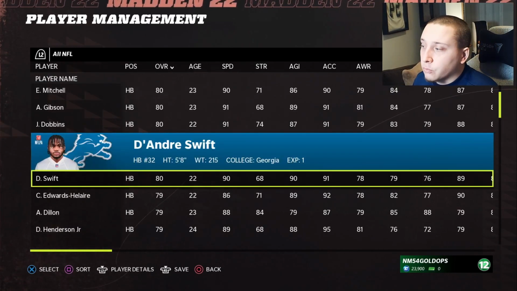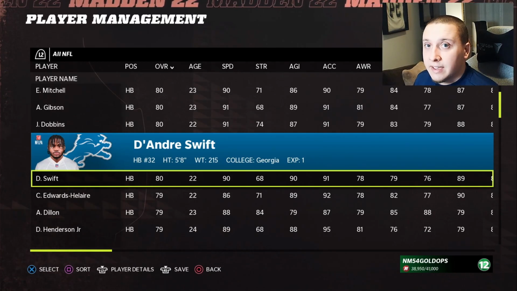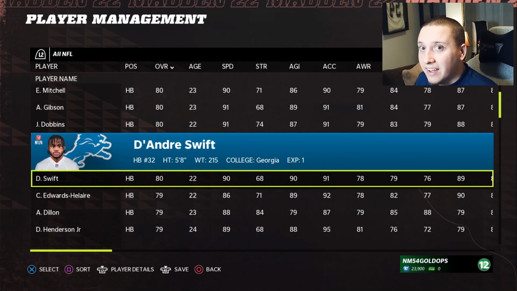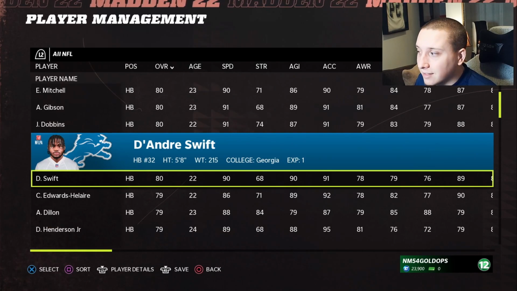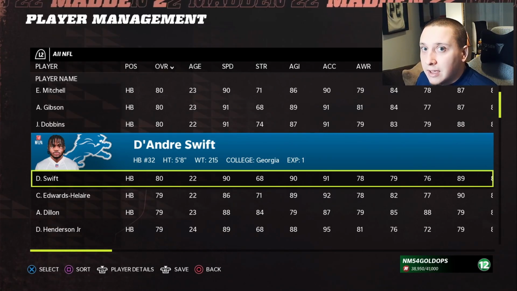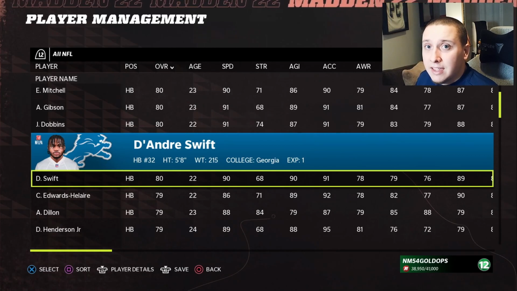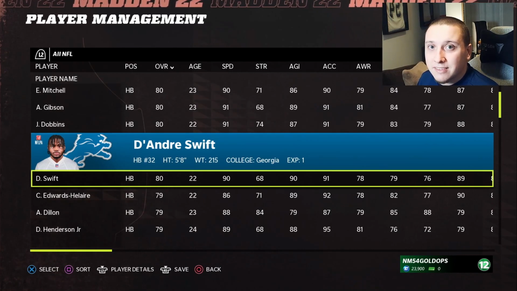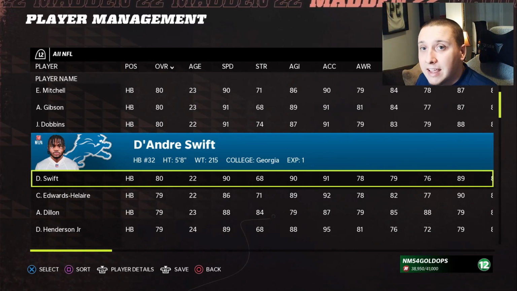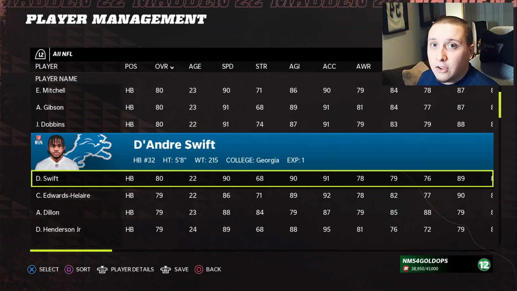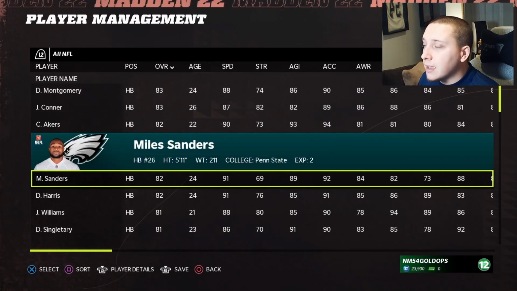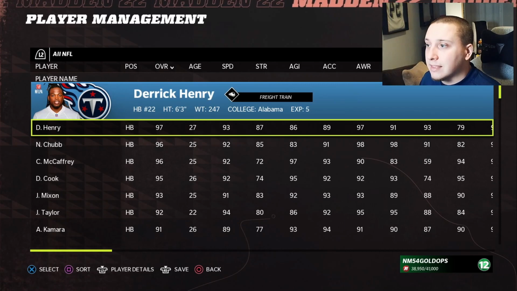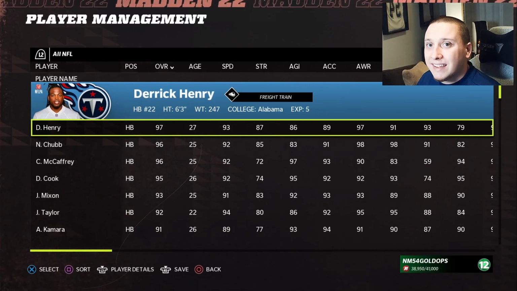Whenever we take a look at running backs within the roster, for example, there are 33 running backs that are above an 80 overall. That's more than the number of starting running backs in the league. So I find it hard to believe that every single starting running back in the league is a good or great player. There are quite a few starting running backs in the league that are subpar players, especially in today's passing NFL. These players are not the same as they used to be. You don't have Barry Sanders types of players. You don't have these elite type of running backs within the game,